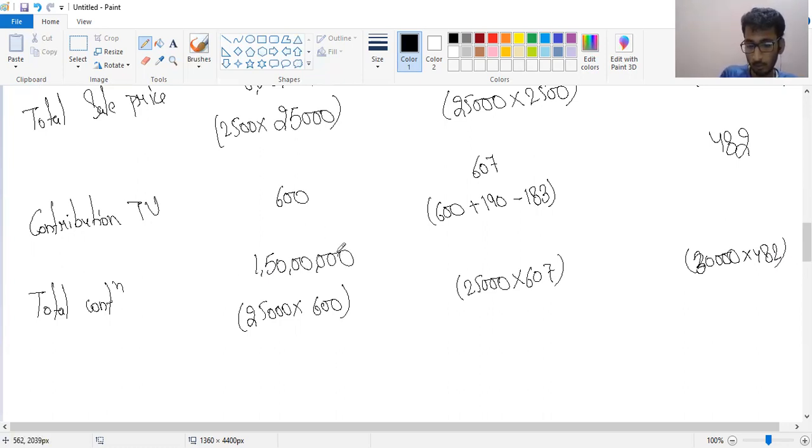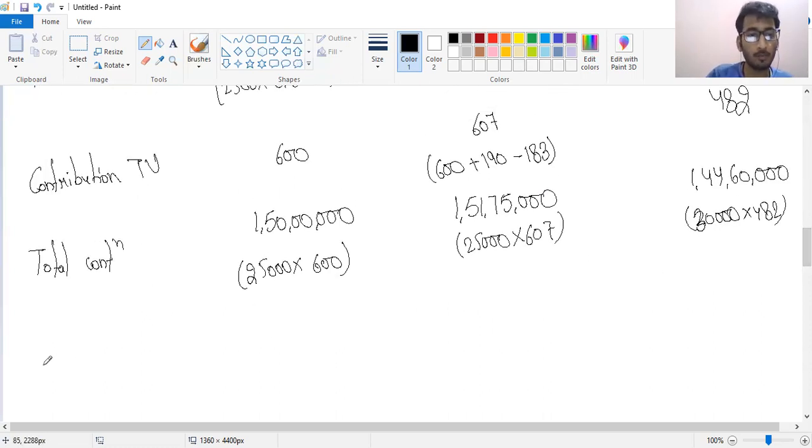In the second option, 25,000 multiplied by 607 is 1 crore 51 lakh 75,000. And in this option, 482 multiplied by 30,000 would be 1 crore 44 lakh 60,000. And there would be one more cost,